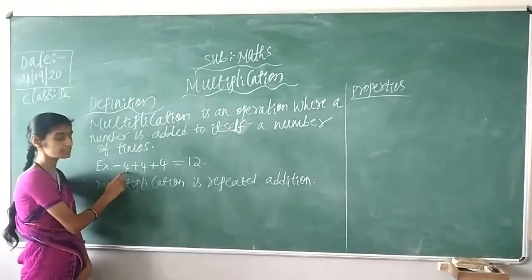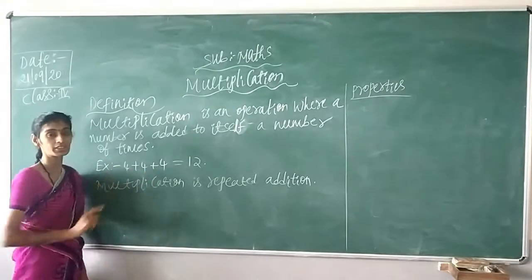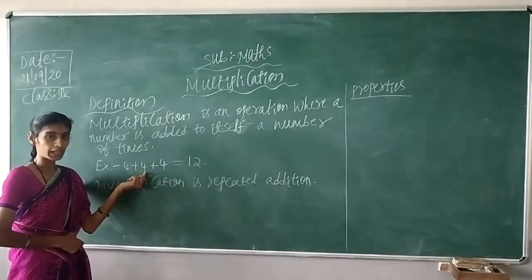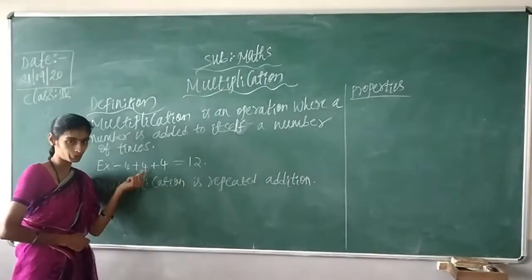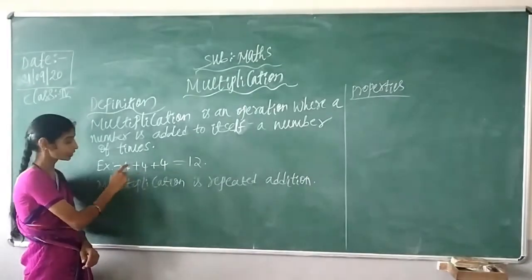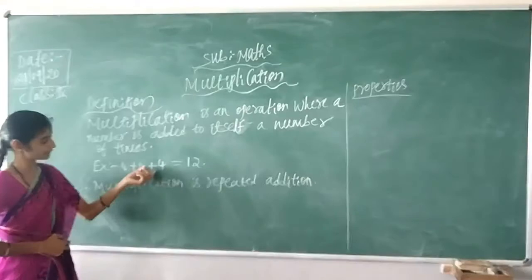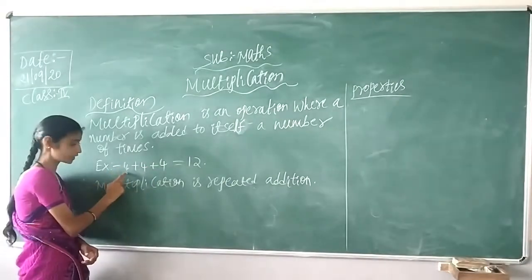So 4 is a number and we are adding it with itself, means 4 plus 4. We are adding the same number again, so 4 plus 4 plus 4. So it says that the same number we are adding. So first time 4